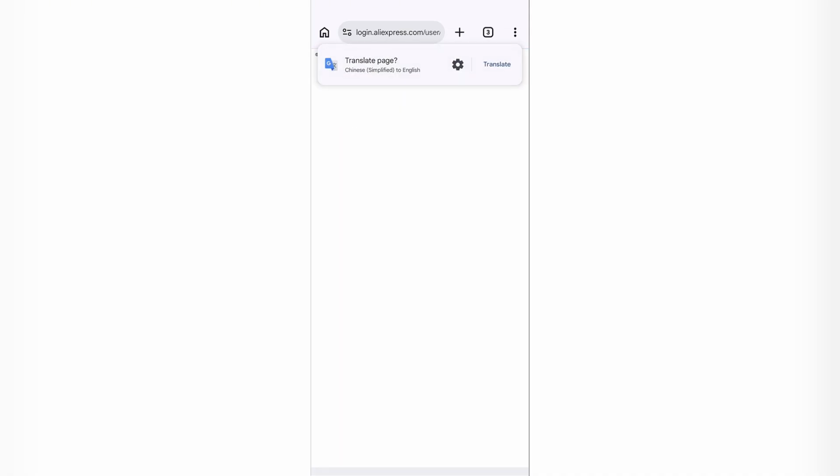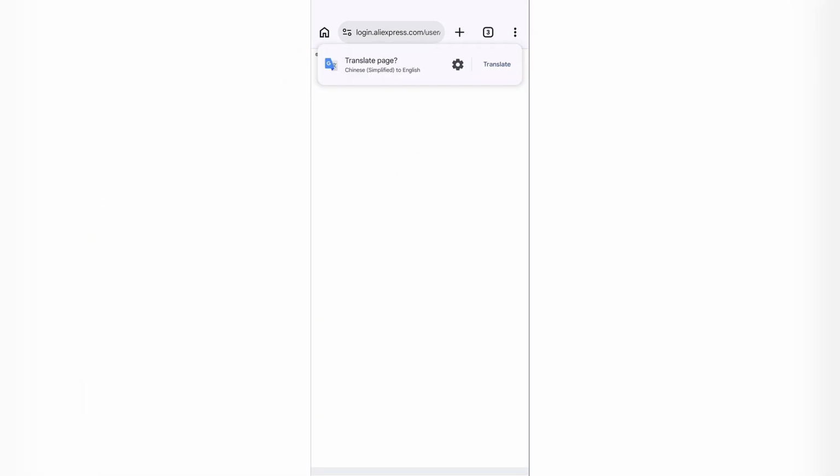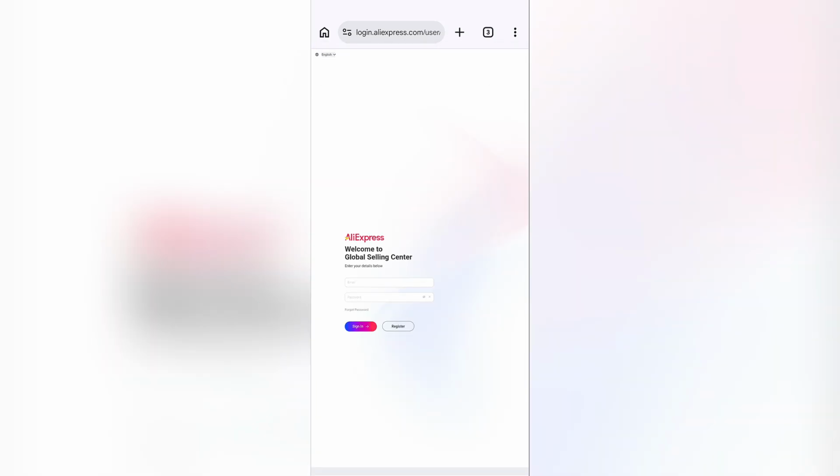Then you need to create a seller account at very first. In order to do that, you need to have a normal Aliexpress account at first, and once you log into that account, tap to quick access. Then after tapping to quick access, you need to sign in or register to your global selling center account